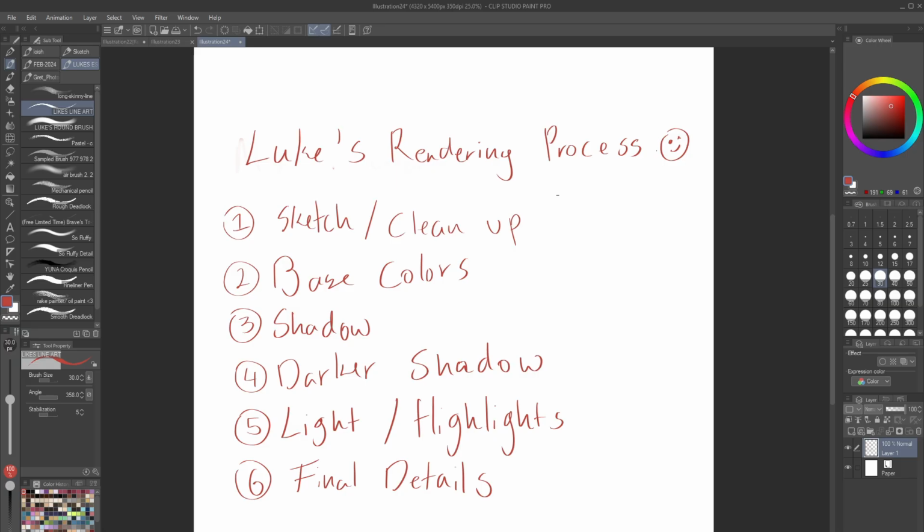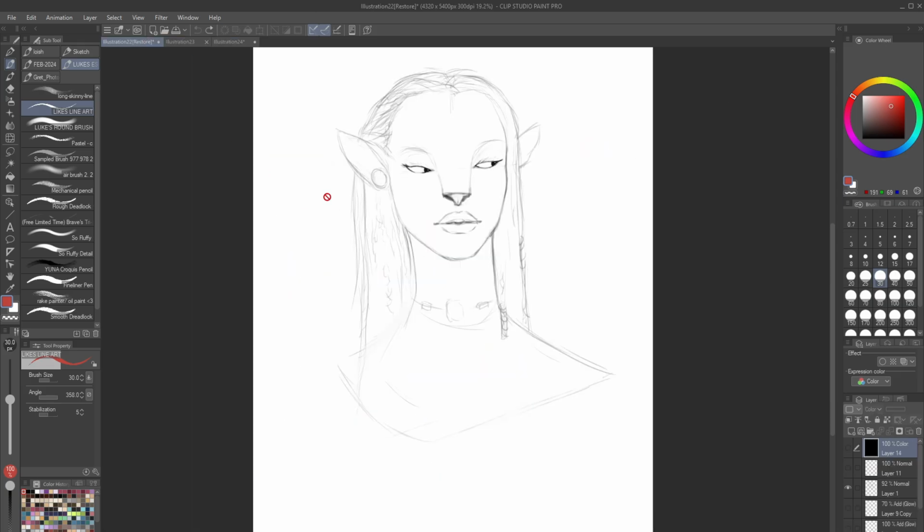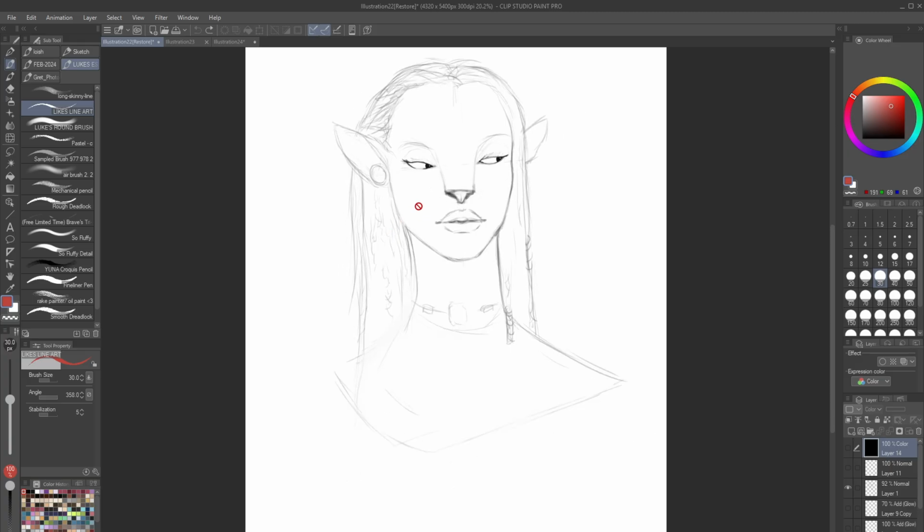Okay, so I like to break my rendering process into 6 main steps that I follow for almost everything that I do. So 6 steps: sketch and cleanup, base colors, shadow, darker shadows, light and highlights, and final details. As mentioned previously, I'm going to use my Neytiri piece from Avatar as an example. So the first step is obviously